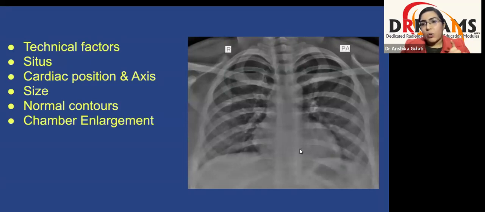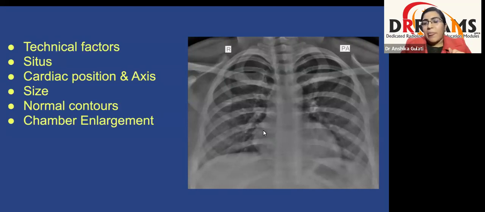And if CT ratio is increased, but the apex of the heart is pointing upwards, we say it is right ventricular enlargement. Then coming to the right atrium, if the convexity of the lower part of the right heart border is increased, we say it is because of right atrial enlargement. There are certain measurements also given in the books: if you measure this distance from the right heart border to the lateral border of the vertebral body, if this is more than 3 centimeters, or the distance